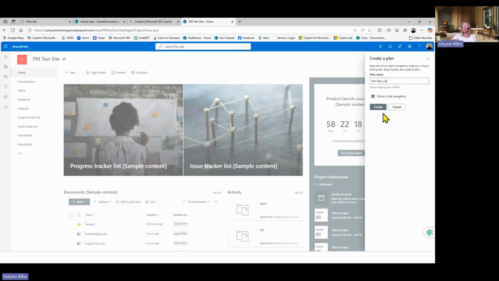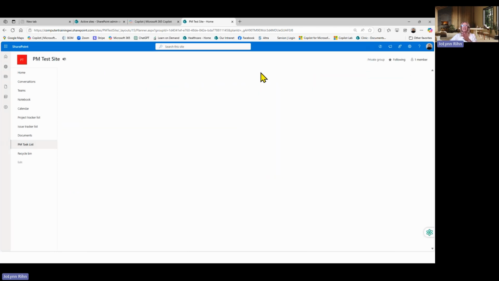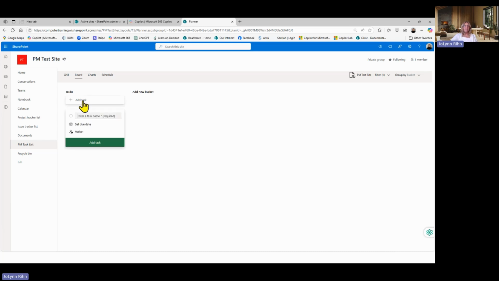So I'm naming the plan. I'm going to click create. It's going to show it in the navigation on the left-hand side. This will be a central place for all of us that are a part of this SharePoint site to be able to have an actual shared Microsoft Planner task list. So I could come in and I could put in, here's the task name of what needs to be done. And if our project were a new employee, new hire